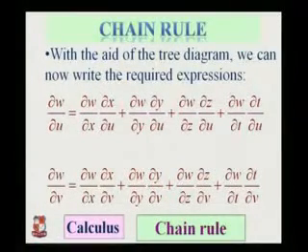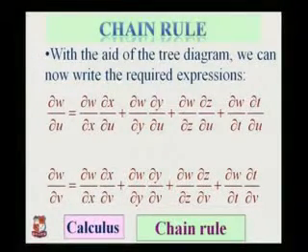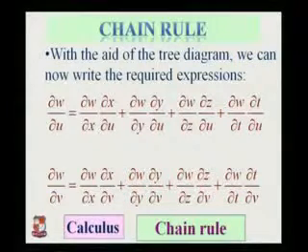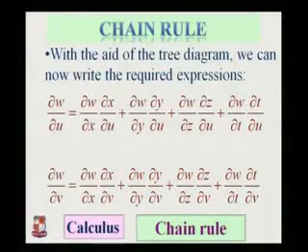So, with the help of that diagram, we can write the expansion: del w by del u is del w by del x by del u, and in all of them del u remains, and we are using those 4 intermediate variables here. So x in the first term, y in the second term, z in the third term, and in the last term we have t, and all derivatives are with respect to u.